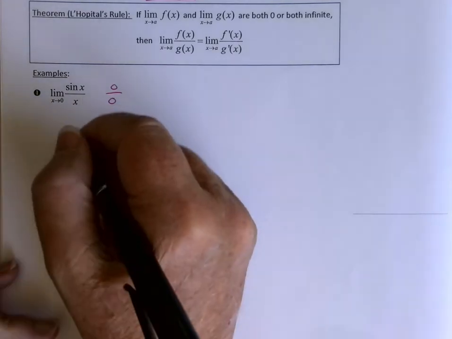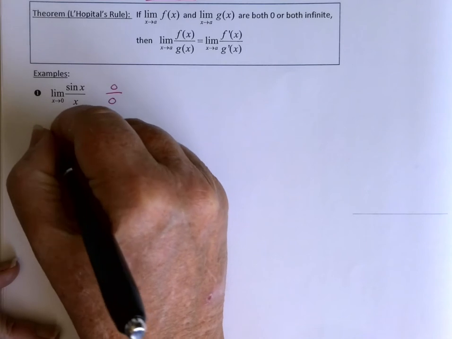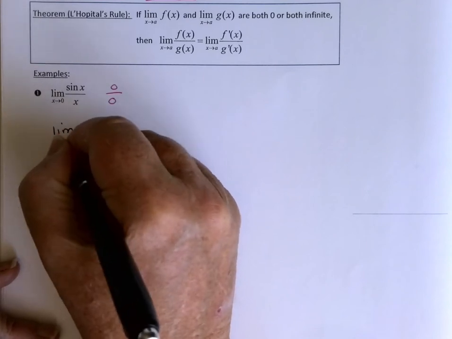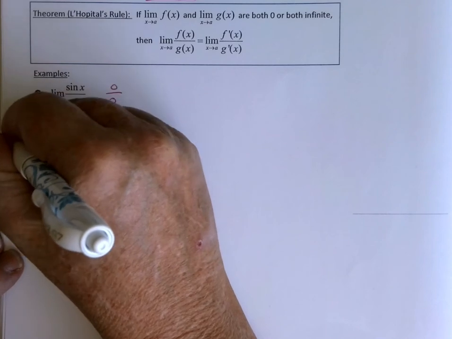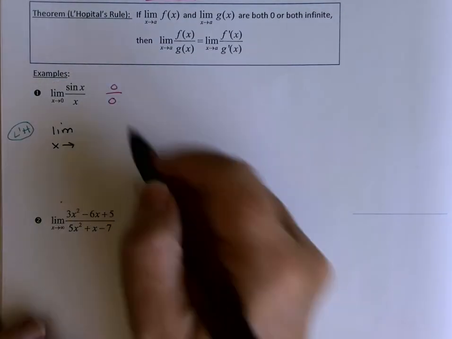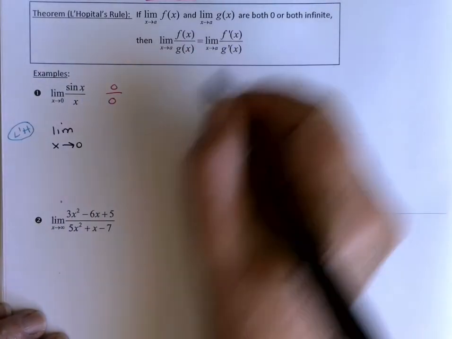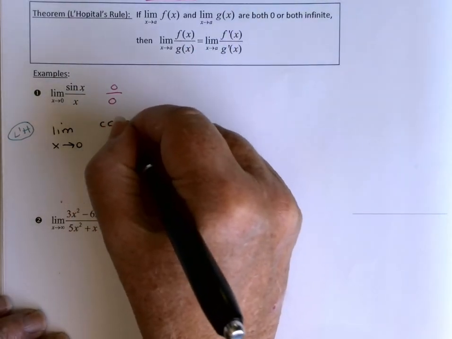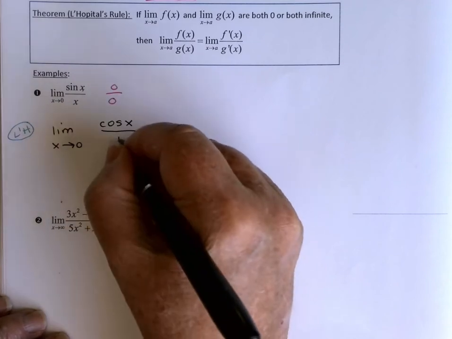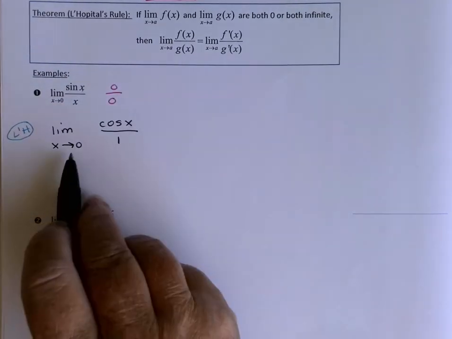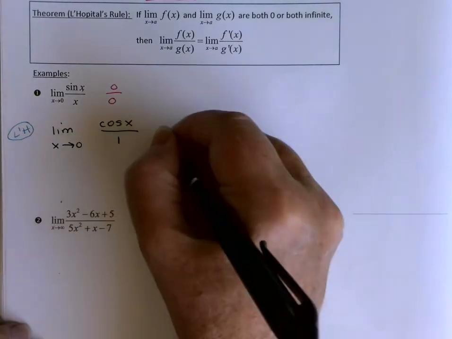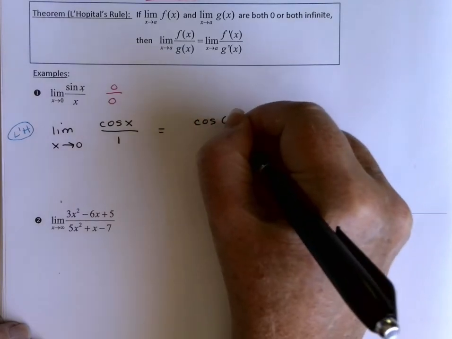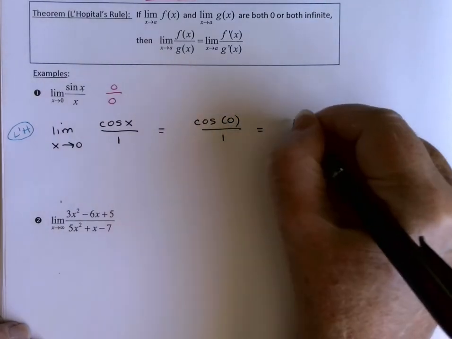So what I'm going to do is say this is equal to the limit as x goes to 0. And this is where I use L'Hopital's rule. I'm going to just denote that by saying this step uses L'Hopital's rule. And now I'm going to take the derivative. So the derivative of sine x is cosine x, and the derivative of x is 1. Notice we definitely don't have 0 on the bottom anymore, so that's a really good thing. Let's go ahead and try plugging in. We would just get cosine 0 over 1. That's 1 over 1,